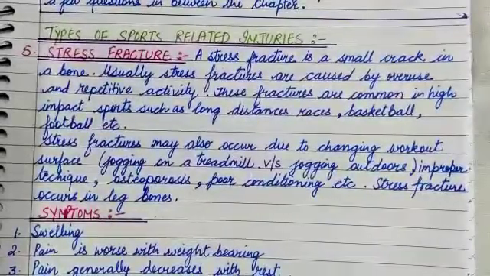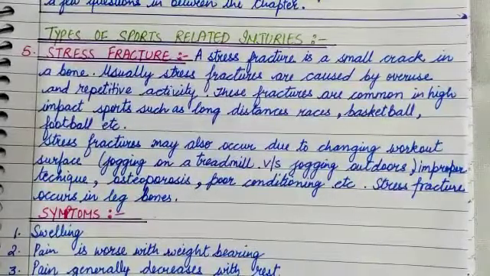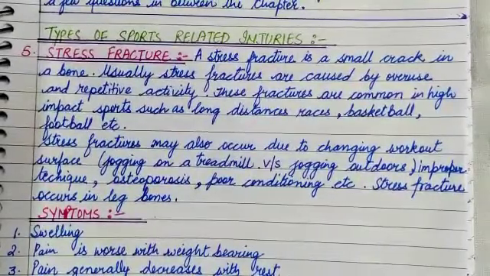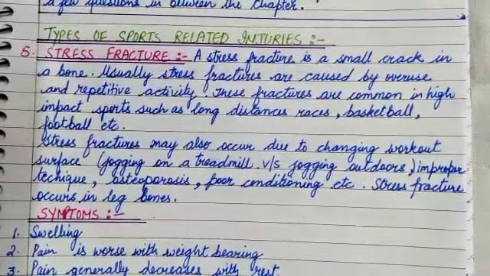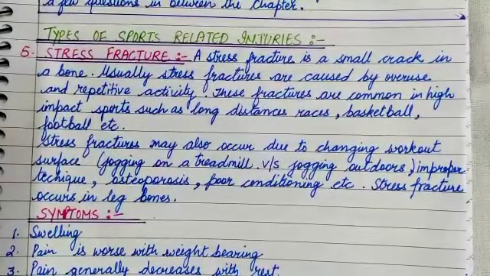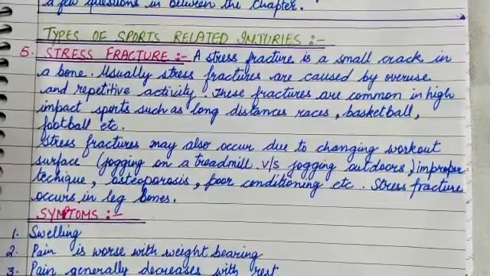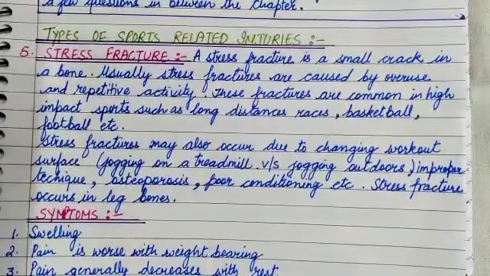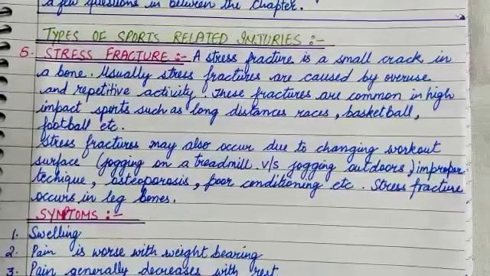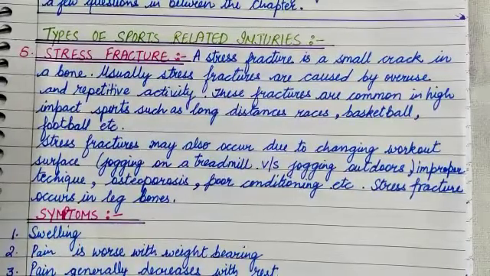Types of sports related injuries. Point number 5. Stress fracture. A stress fracture is a small crack in a bone. Usually, stress fractures are caused by overuse and repetitive activity. These fractures are common in high impact sports such as long distance races,